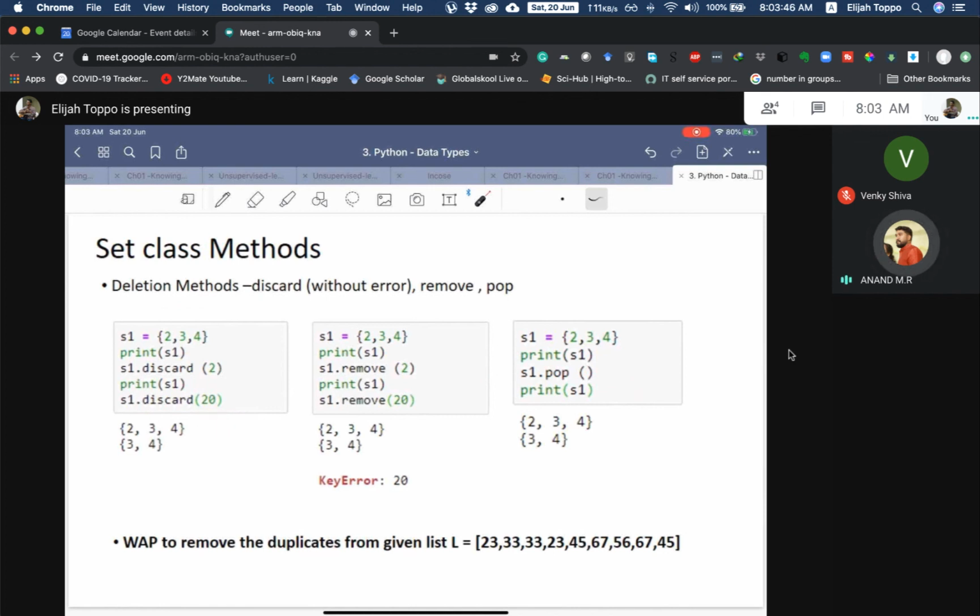Okay, if you want to check some null, we do discard. Is that the way? Yeah, probably. Okay, that's good. So let's say you have to write a program to remove the duplicates from this